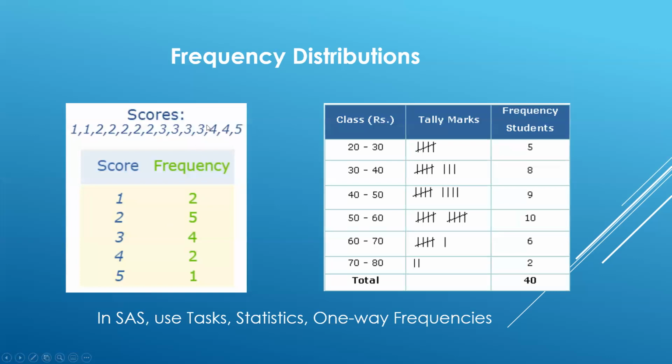But if I went up here and I added another 3 so that there were 5 2s and 5 3s, we would have 2 modes. And it would be 2 and 3. You wouldn't say 2.5. You wouldn't average or anything. You would just list them both. Say there's 2 modes, 2 and 3.